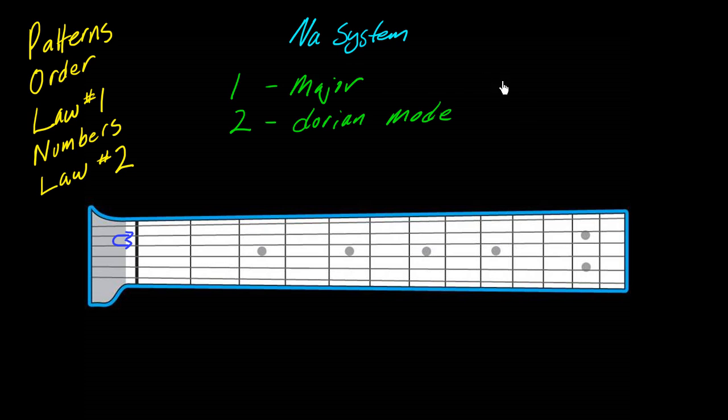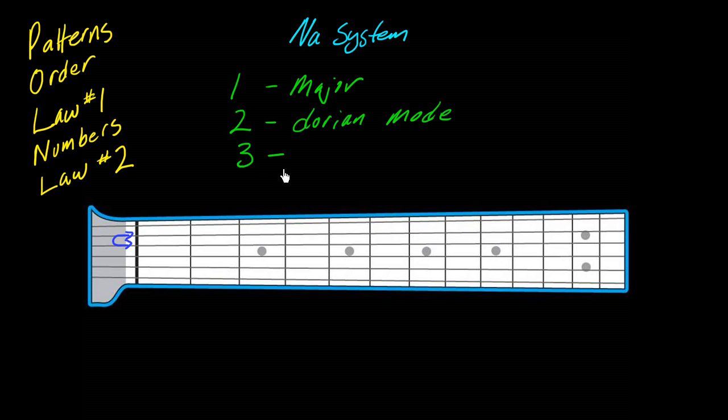But one of the hardest things to do is to hear the context of these modes, because you have to start off on different intervals of the major scale, which changes the key. Well, using the NOS system, you can learn and hear what these sound like all in one key, so you can kind of get a context within one key. Okay, number 3